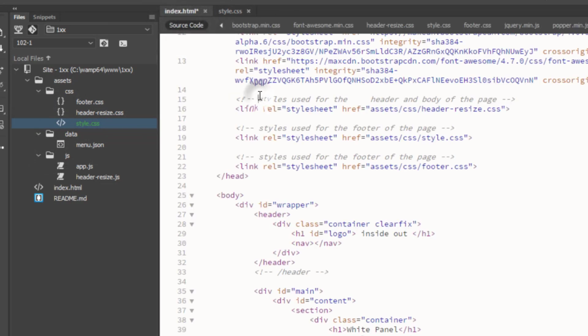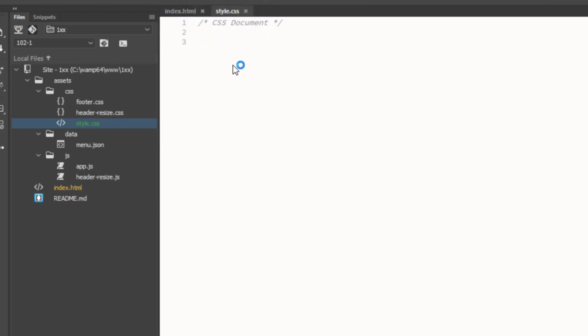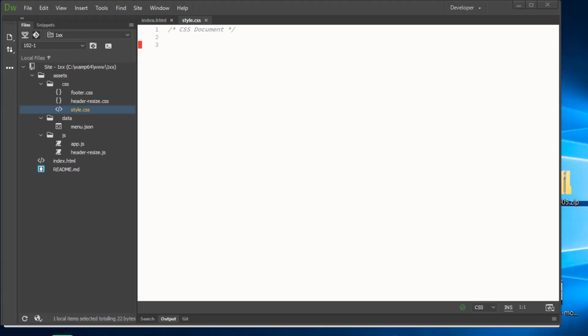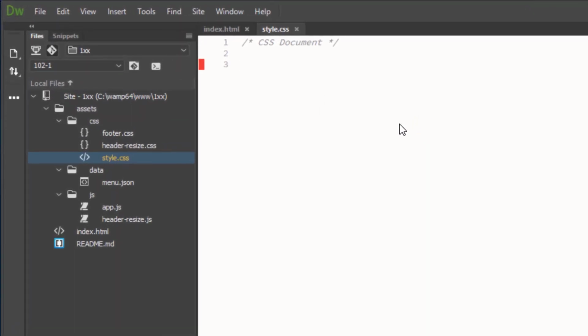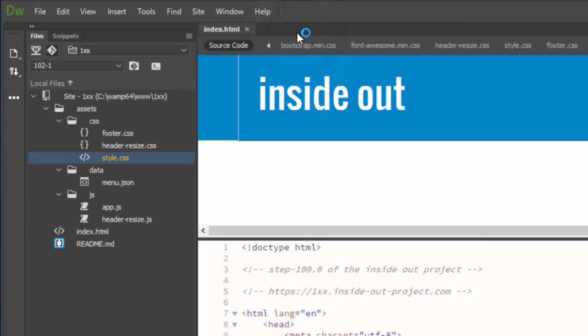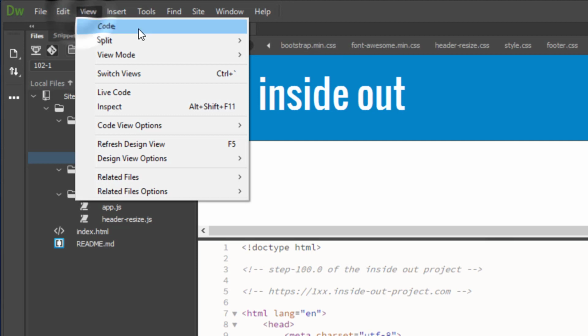Let's save our index.html, and we're going to open it up, and unfortunately, because everything is dynamically drawn, we can't really see what it is that we're doing. So there's a trick around doing this. One of the nice things about Dreamweaver is that we have different view modes. So we'll close this out, and if you come up here and look under split,